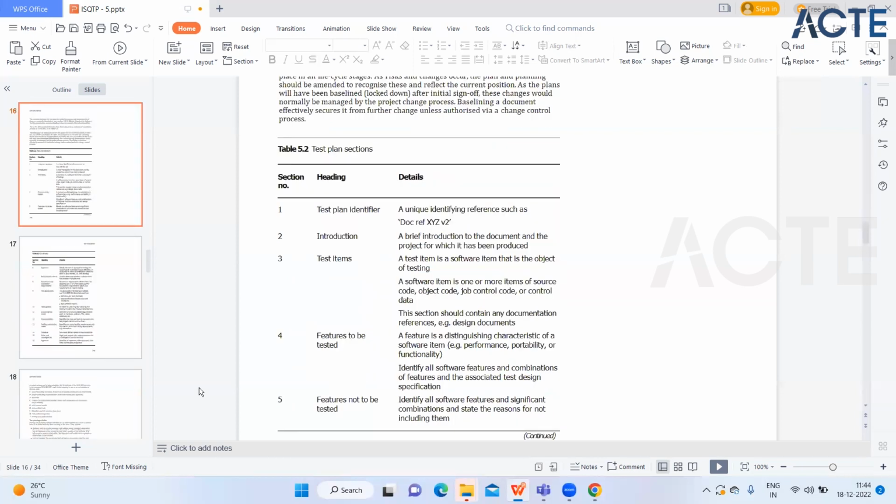Okay. So now you have to just remember these test plan sections. First is the test plan identifier, a unique identifying reference such as document reference XYZ. So it's like the test plan identifier, who is preparing that particular document. For example, a unique identifying reference such as document reference this. So you have to just define a